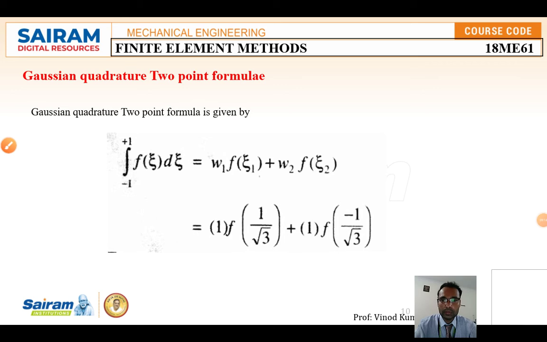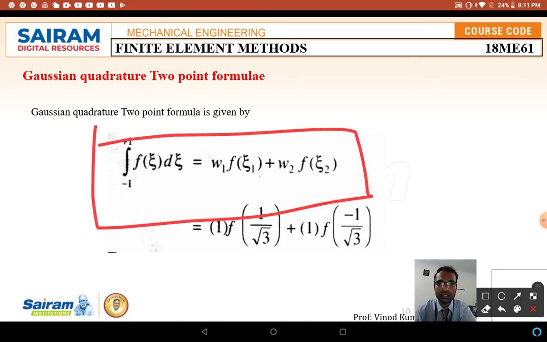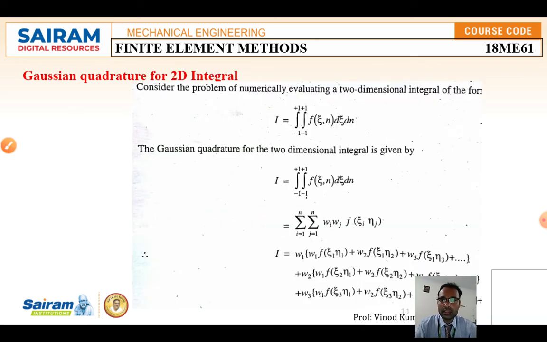Okay, so the 2-point formula is also there. You have to remember the 2-point formula. This is most important to solve the problems. Similarly, the Gaussian quadrature for the 2D integral also exists, so this is also used to